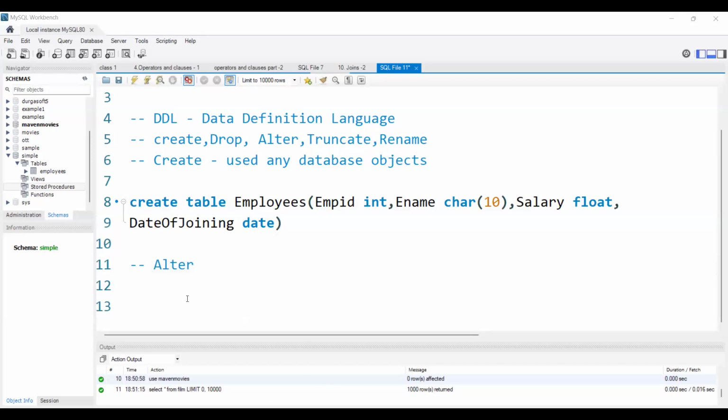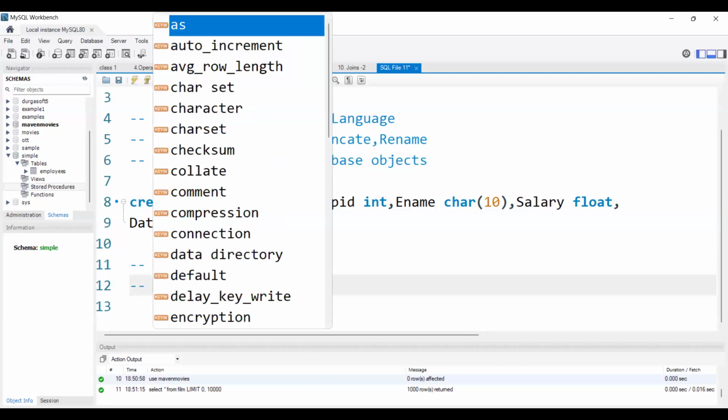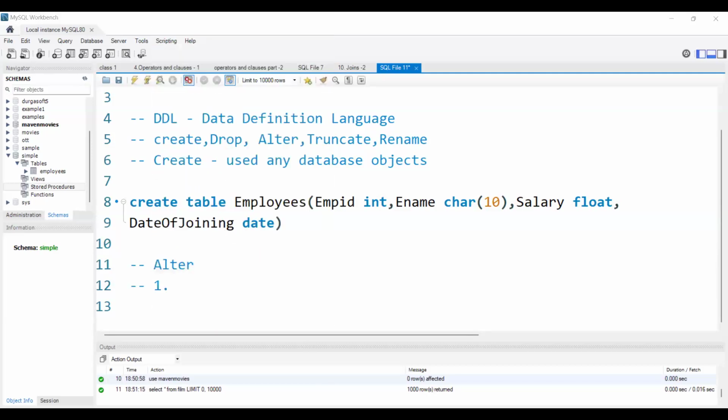First use case is that the alter command is used whenever we want to add a column in the existing table. That is, the first use case is used to add any new column in the existing table. Okay,